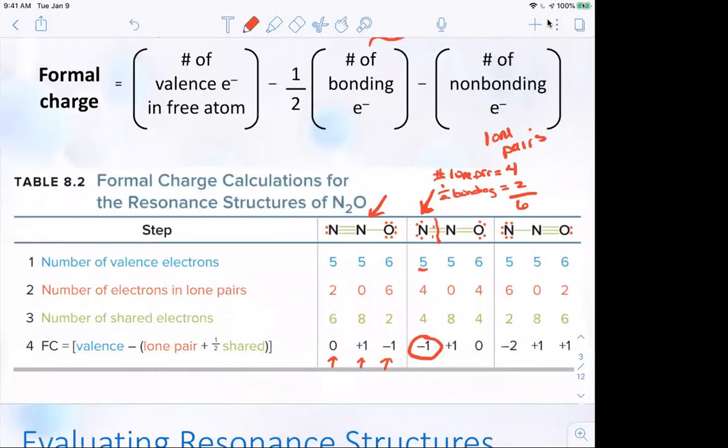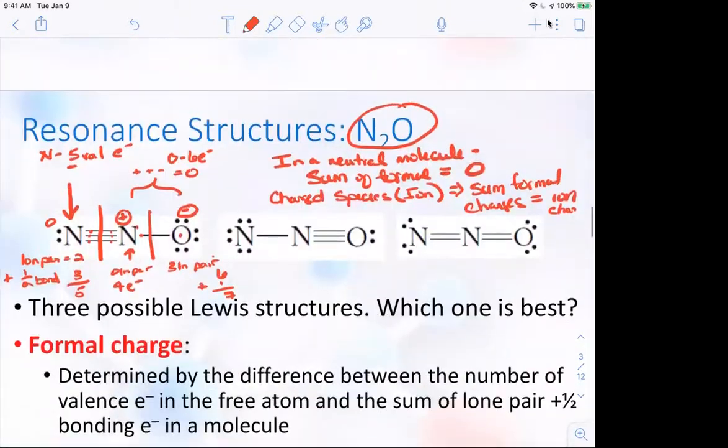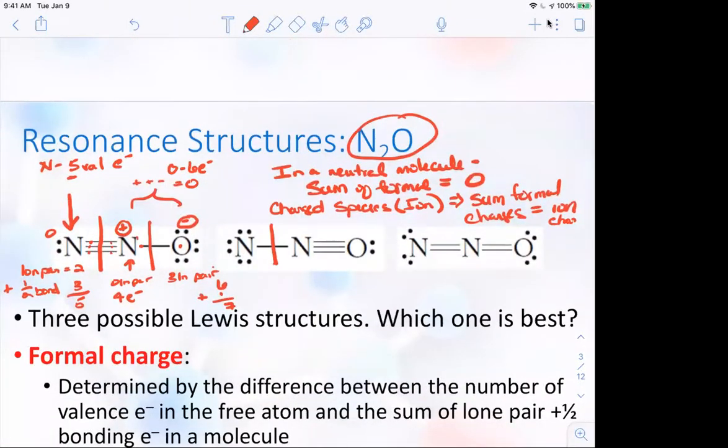You can follow this chart and do it exactly this way, or you can do it the way that I did it. So for example, let's do this guy. This nitrogen is supposed to have 5. It's got 2, 4, 6 electrons in lone pair, plus 1 electron, that gives me 7, which gives me a -1 on this guy. Here I have half the bonding, no lone pair. So I have 1, 2, 3, 4. It has 4 electrons. It's supposed to have 5. So this is a +1 charge